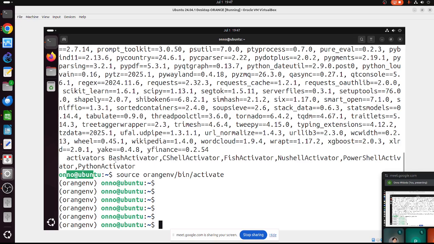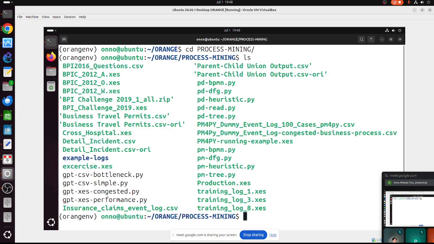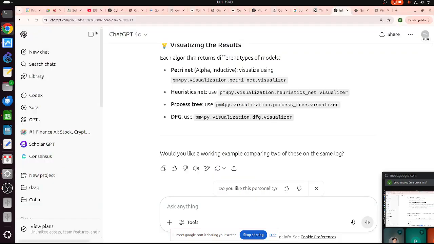So I'm in the environment to run these things, and then I will go into the data. I put it here, orange and process mining. So in this folder, orange process mining, I have all the data here. Okay. If you want a copy of these things, orange and process mining, if you want a copy of this one, you can